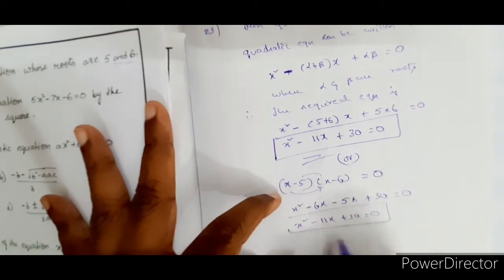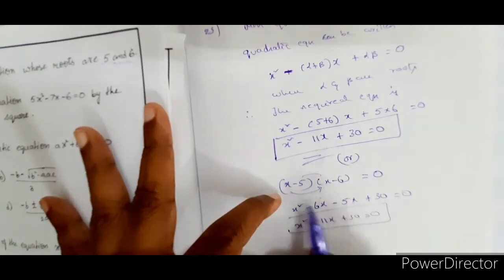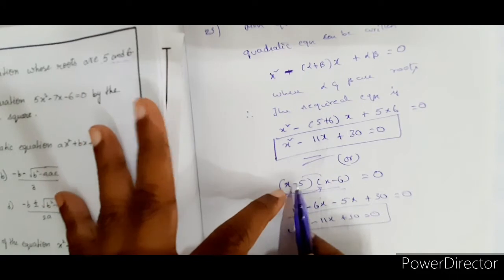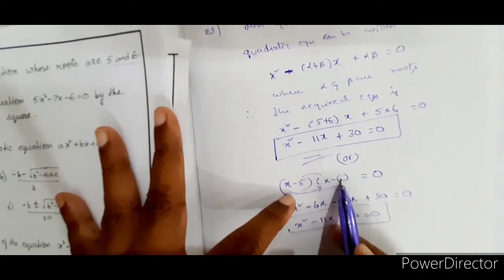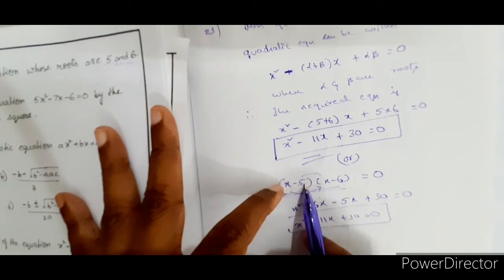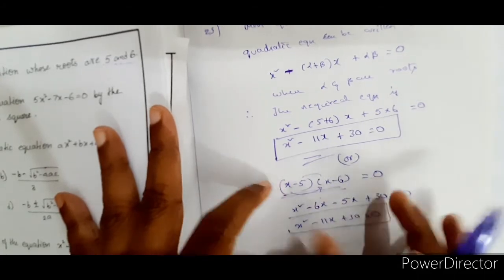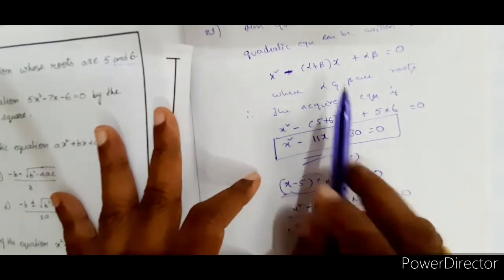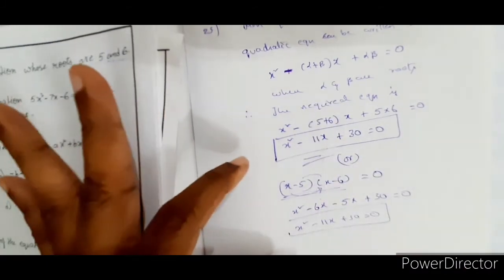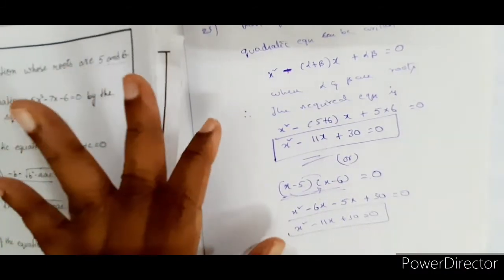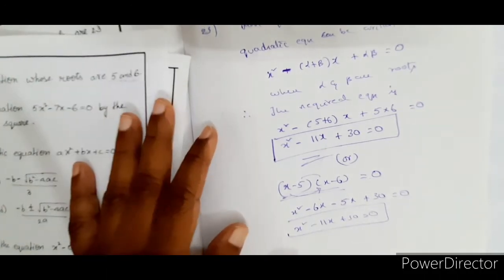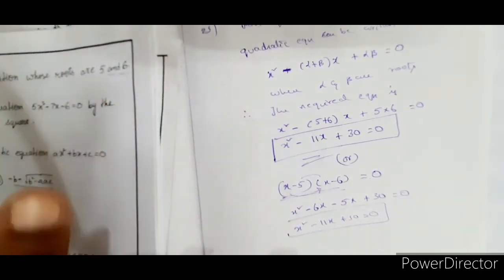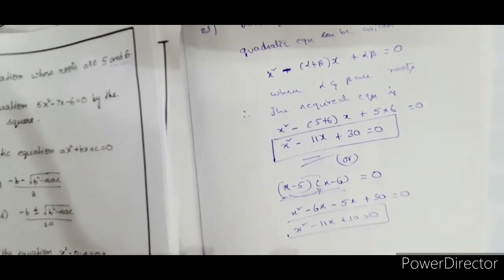We got the same equation, but see the method. Here you have got the roots, that is x is equal to 5 or x is equal to 6. That means you can write x minus 5 into x minus 6 is equal to 0. This is one way of writing it and this is the other way. So, dear children, please follow any one method and don't get confused. And those who are very familiar with this, take this as a conceptual input. Okay?